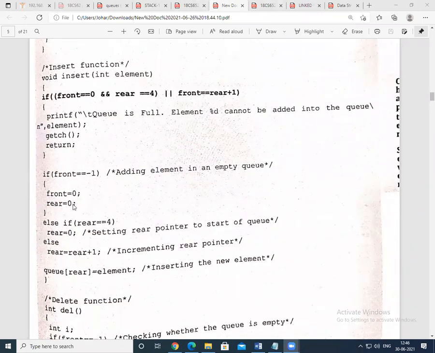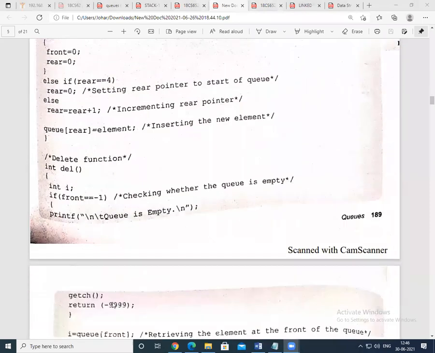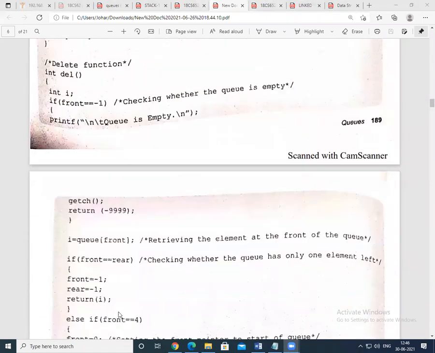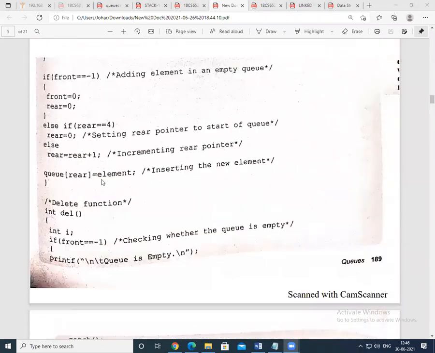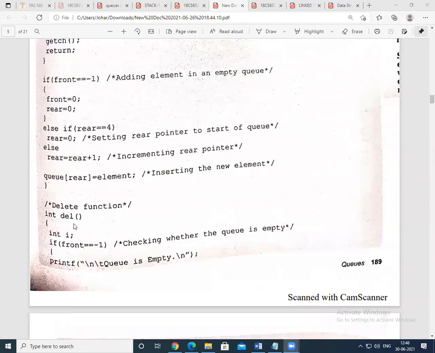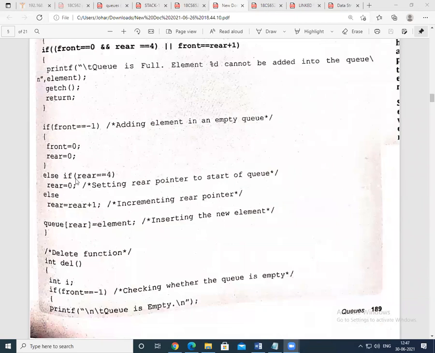You assign it and copy the element to the queue of rear. This is a delete function, this is an insert function. In the case you are inserting in between, you simply increment the rear, or if rear equals 4, you set rear equal to 0. Is it or not?